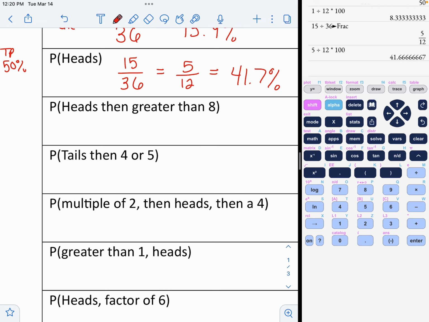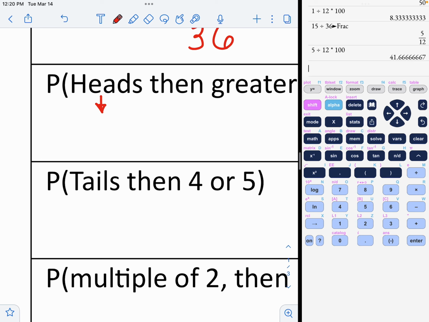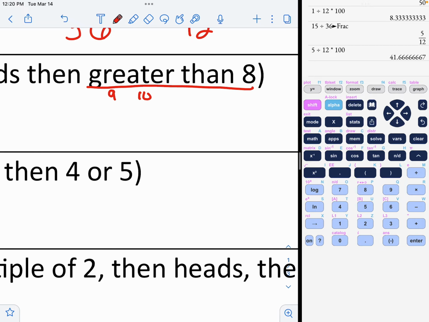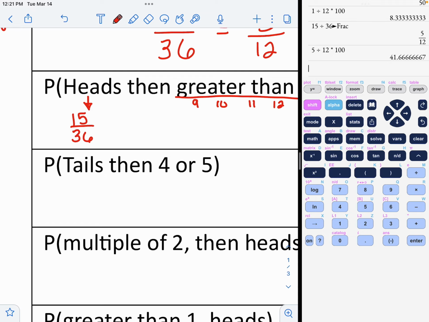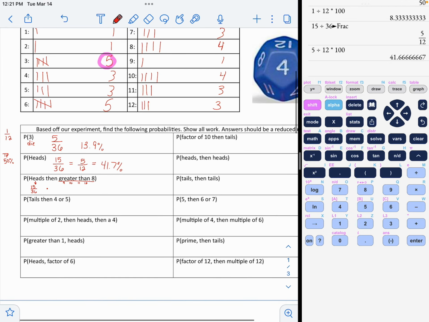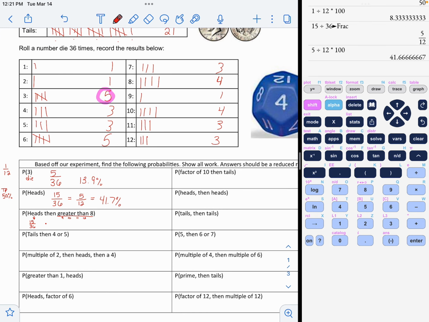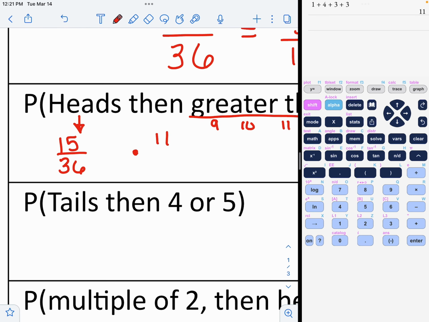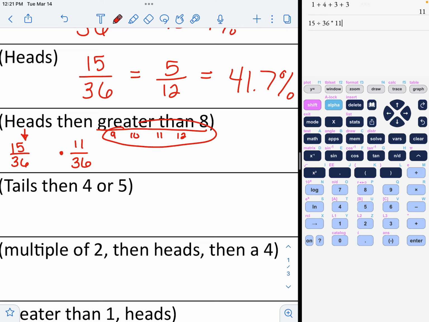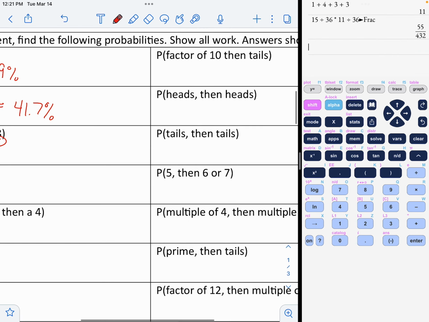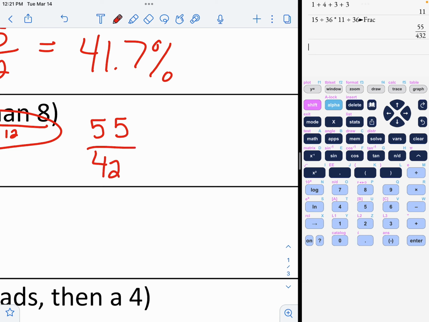Now I see the word and, so we have two things going on. What's going to be my probability of getting a heads and getting a number greater than 8? So that would be 9, 10, 11, and 12. How many times did I get a heads? 15 times out of 36. And then separately, I'm going to do another action and get greater than 8. So it's these ones: 1 plus 4 plus 3 plus 3, so that would be an 11. So there were 11 things out of 36. So 15 out of 36 times 11 out of 36 is 55 out of 432. So 55 out of 432 times 100 is a